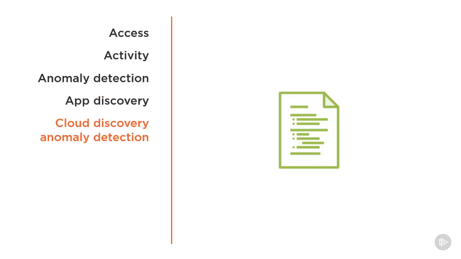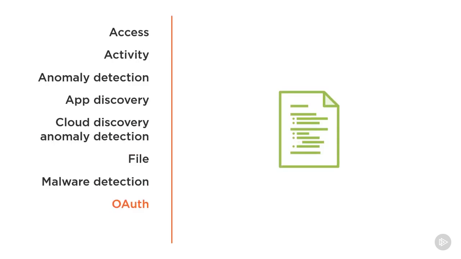During the introduction module, I mentioned the power of policies used for controlling and configuring CAS. So now what I want to do is explore these powerful policies. There's about 10 different types of policies. The first being access, another is activity, anomaly detection would be another type of CAS policy. We have app discovery, cloud discovery with anomaly detection, file, malware detection, a couple different flavors of OAuth, and we